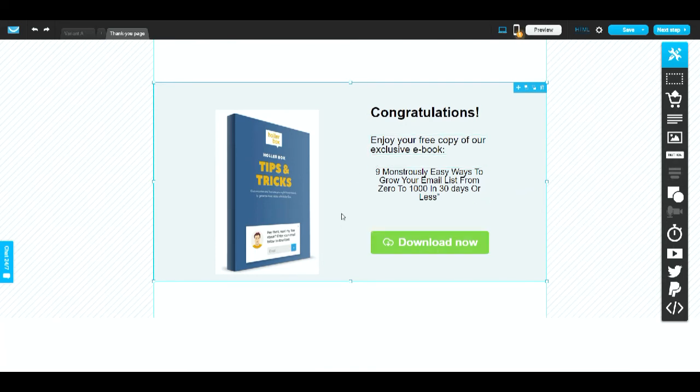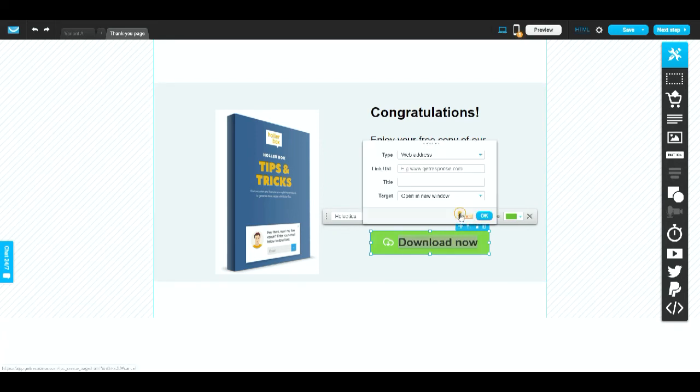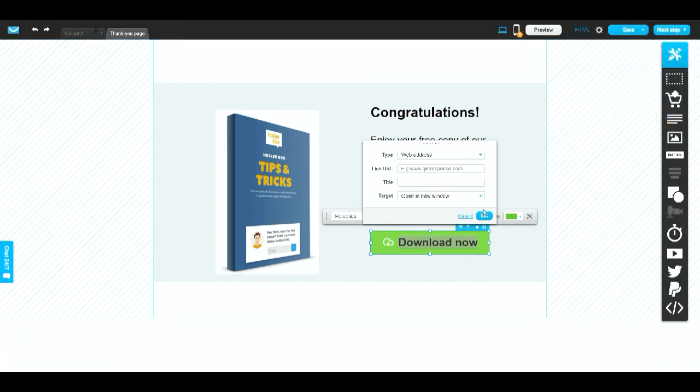Now this is where we want to add in our free download. There's a couple of ways you can do this. Now you can have your free download hosted at Google Docs or Dropbox or similar download sites, or sites where you can store docs, but you can also do that through GetResponse themselves. And if I just quickly show you how to do that, you want to be able to add a link in here. So simply by double clicking, and then you click the safety clip that you see, and you can just copy and paste that link into the link address